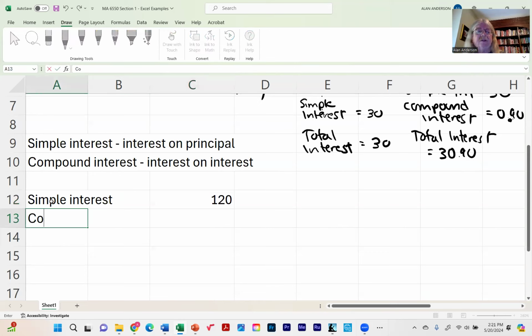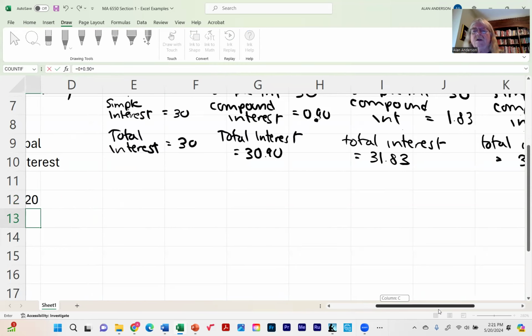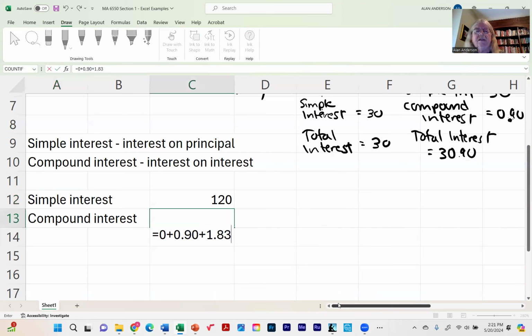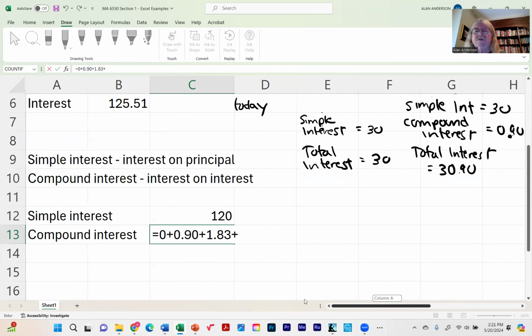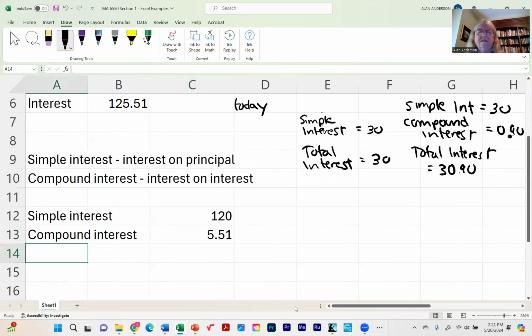The compound interest, you could do this in one of two ways. You could add up the individual compound interest: 0 plus 90 cents plus 1.83 plus finally 2.78. And then when we add them up,